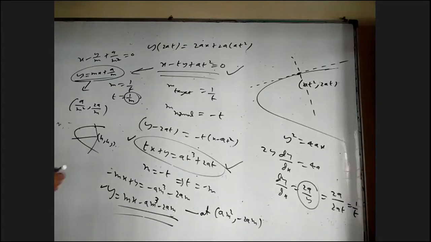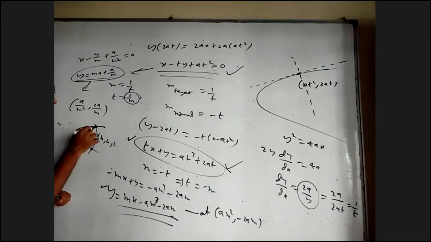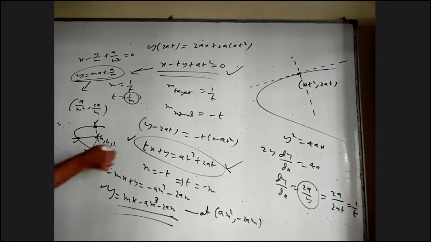three. In fact, where this line is normal, where this line is normal, where this line is normal, these 3 points are called co-normal points. If the normals at 3 places are concurrent at a point, then the original 3 points on the parabola where normals are concurrent, those 3 points are called co-normal points. There are a few properties related to co-normal points. We are going to see that.